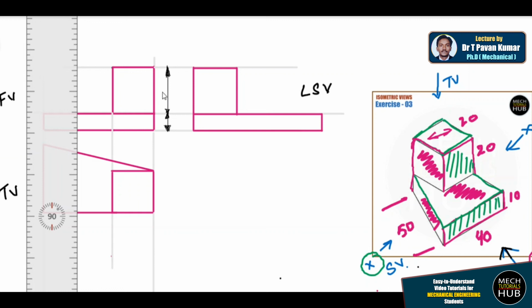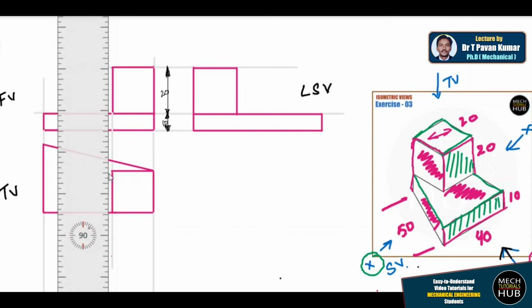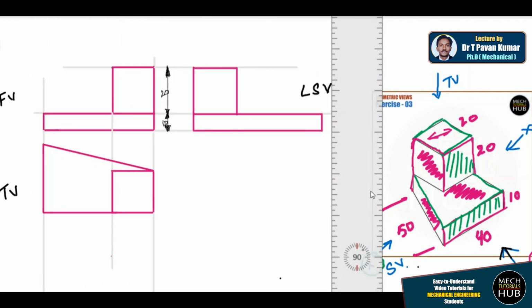Here it should be 20 because it is 20 by 20, here it should be 10 mm. Similarly, all other dimensions need to be mentioned, all the dimensions are required. Now this is the two-dimensional representation of a 3D model.